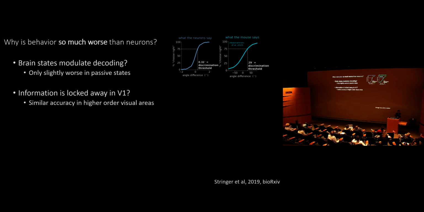So maybe it doesn't actually leave V1, so the mouse doesn't have this information to use in downstream decoders. So what we did is we did recordings in higher order visual areas and used the same task where we